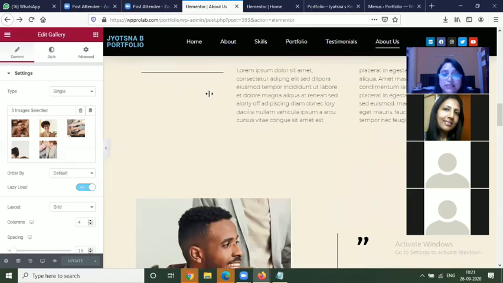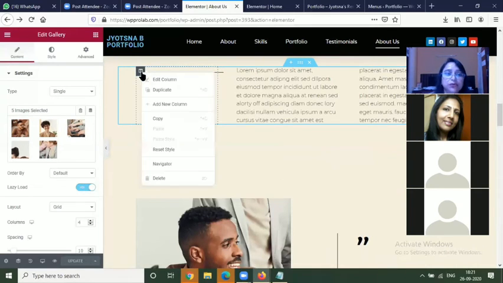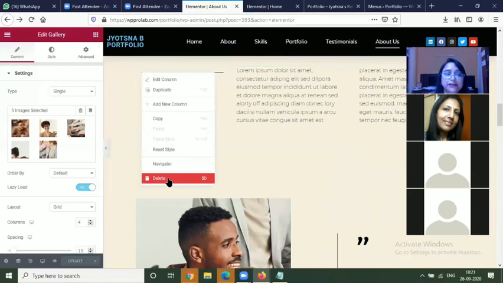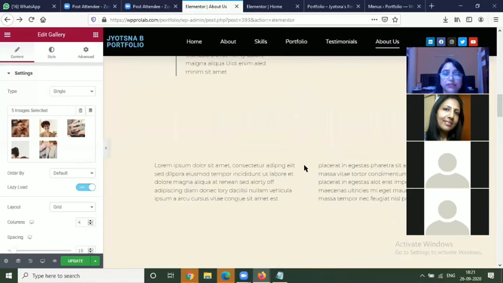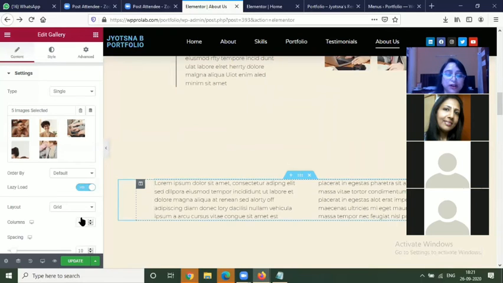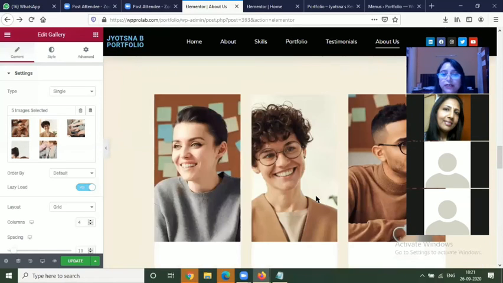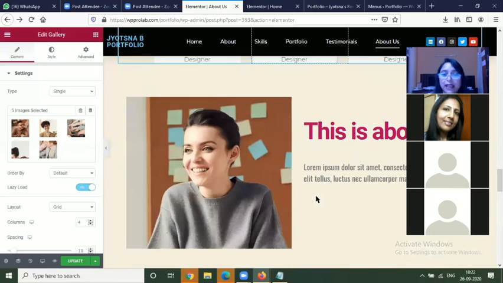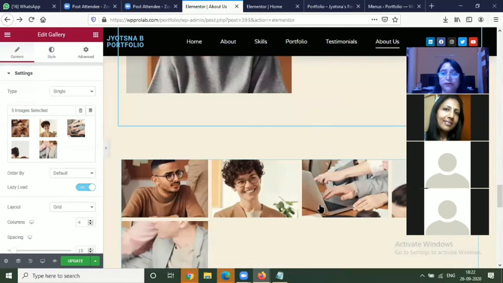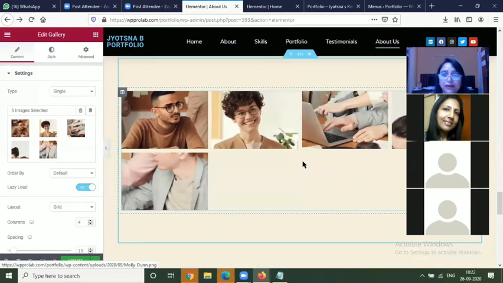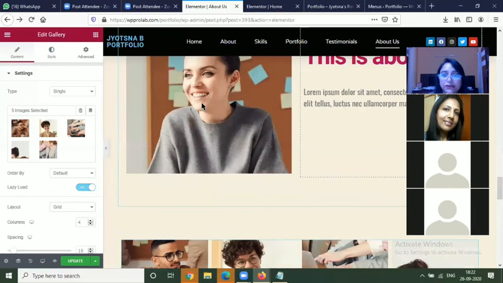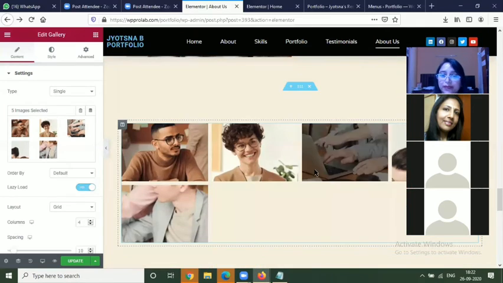Suppose this is whatever is there, there is nothing. So what we can do, we can just go to edit column and delete. Click it, delete it. You can see that it has gone. यहाँ पे कुछ नहीं है ना, हाँ. And the second thing, what I have included today, that is to add something from our point of view. We want to add something, so I have taken 2 points. Insert image, the second that I understand.